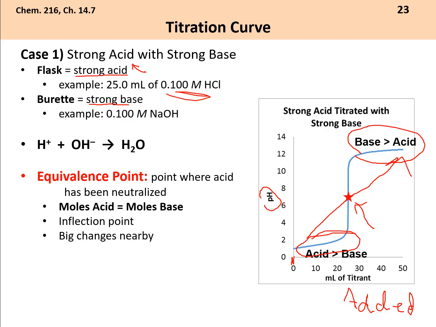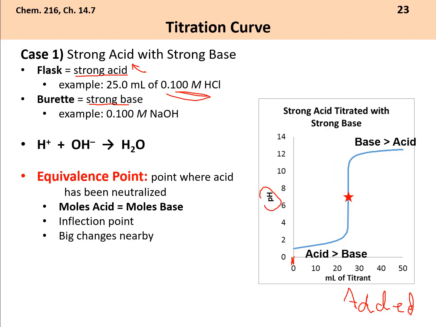Looking at it in mathematical terms, this would be what we call an inflection point, right? Notice here, it's increasing in slope, and then it starts to decrease in slope, okay? That's an inflection point. The big thing is, if I look at this,